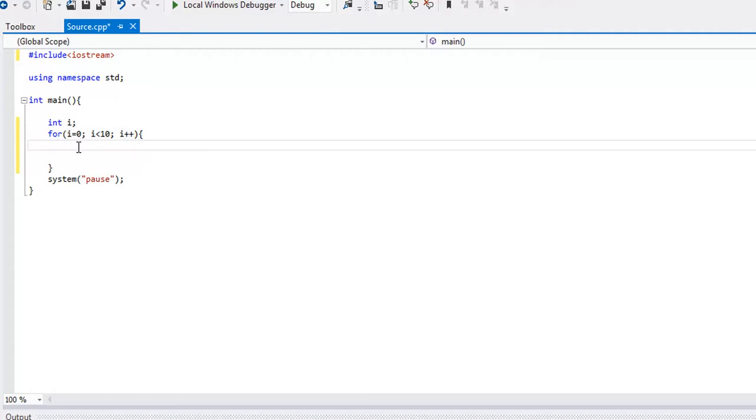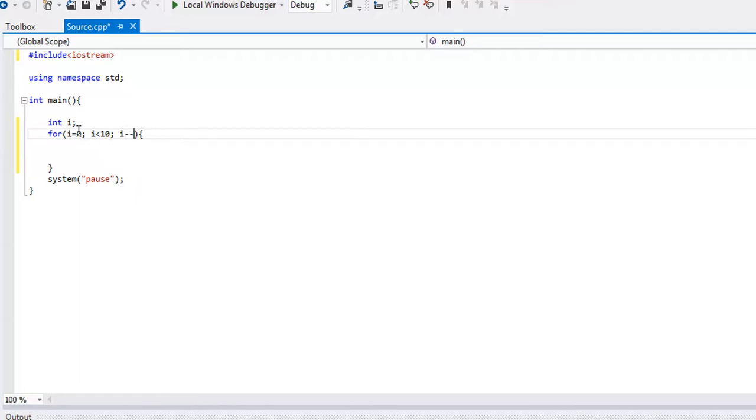But let's just print out numbers for right now, and then I'll show you the exact same thing, but we'll decrement. You can also do i plus 2 or i times 2. You can manipulate this number however you want. Just make sure that you are always coming to an ending point, so you don't have an infinite loop. Let's say i equals 0 right now, and it is less than 10, so it's going to print something out or do something, but if we had i minus minus, which is equivalent to saying i minus 1,